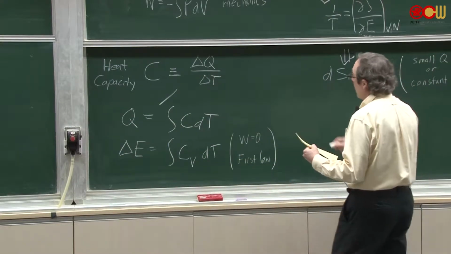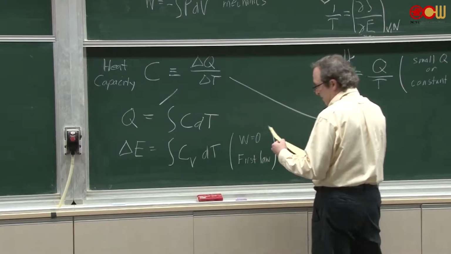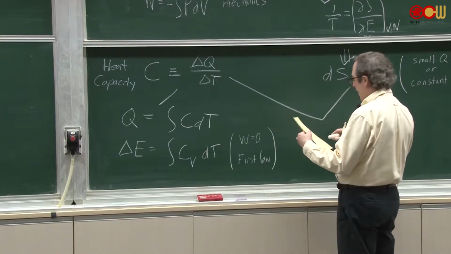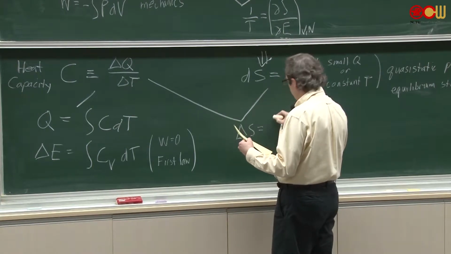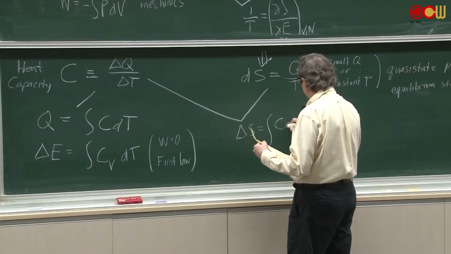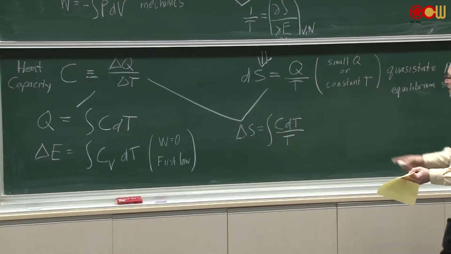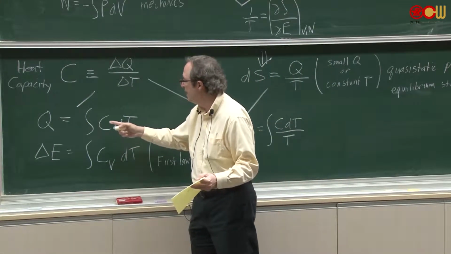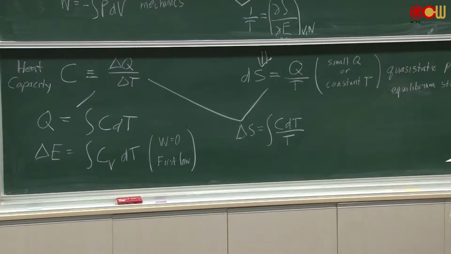All right. Now these two things, this and this, lead to the result that delta S is equal to the integral of C dT over T. All right? All I'm doing is integrating this, replacing dQ by C dT. All right? So it gets from that. And then we can add in the